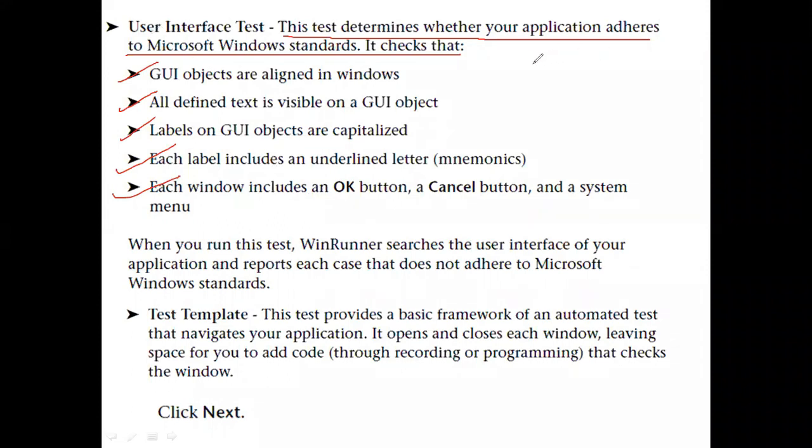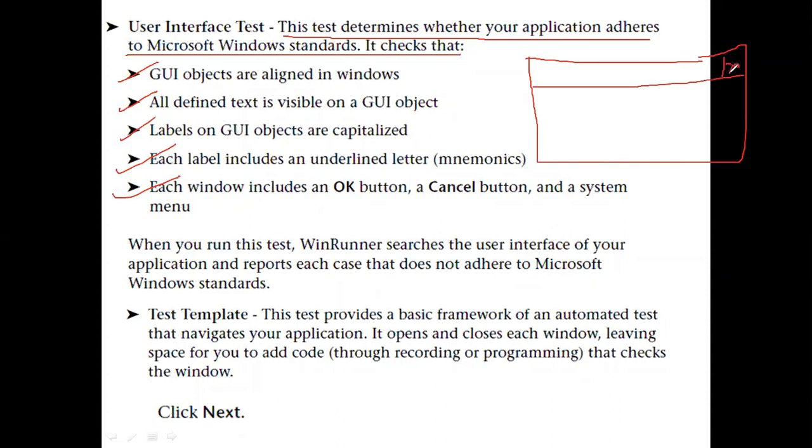The user interface test is nothing but, for example, this is the window you created. If you observe, all the windows consist of some default graphical user interface objects. So this test determines whether your application adheres to the Microsoft Windows standards. That means if you are creating any application, then you are going to follow these standards.